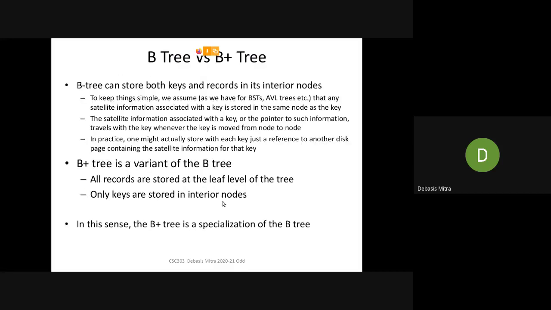Now you might find some very closely related trees named in some literature, that is B plus tree or B star tree. So what is the difference between B tree and B plus tree? Conceptually they are the same, but the difference is in practical implementation. What happens in B plus tree is that